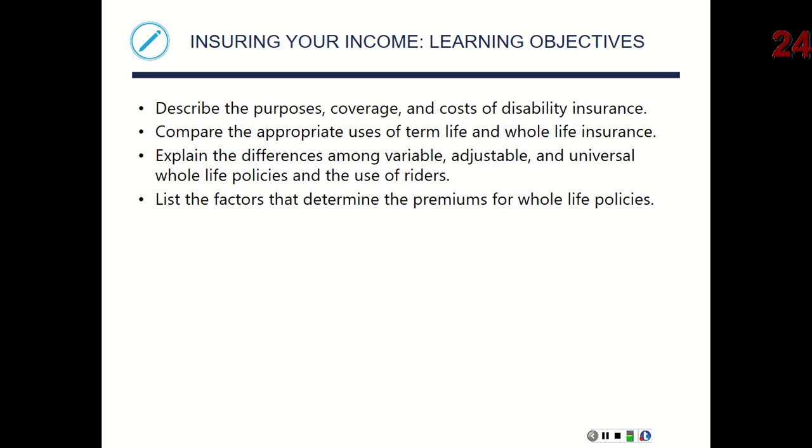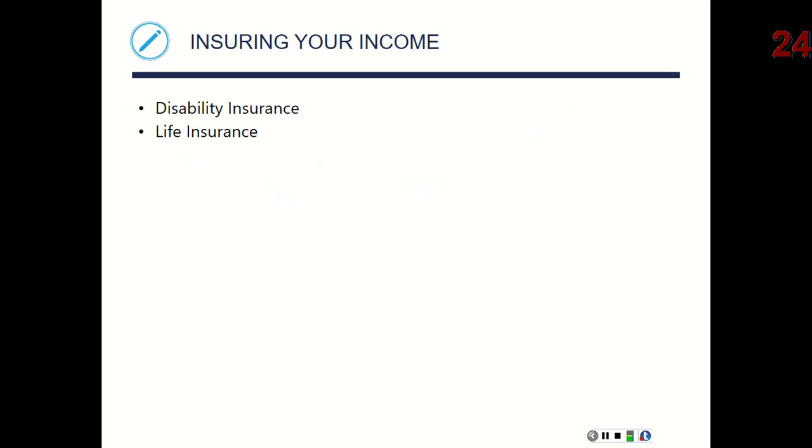The last thing that we didn't really get into in the chapter here, you can also take a look at disability insurance. Once again, protecting ourselves, what we're getting into in the last part of the chapter here: disability insurance and a little bit about life insurance as well. So, trying to protect our income, what we have coming in month after month from our employment. We've got disability insurance so that if we get hurt and we're not able to work, we've still got something coming in and we can try to maintain our lifestyle.